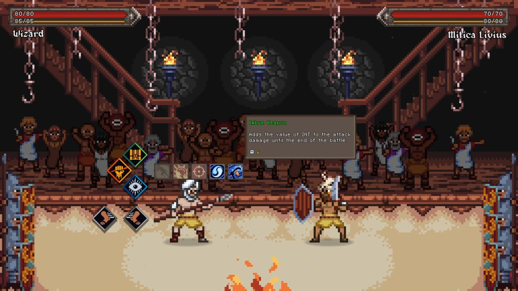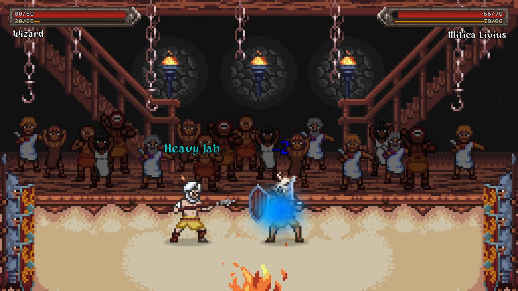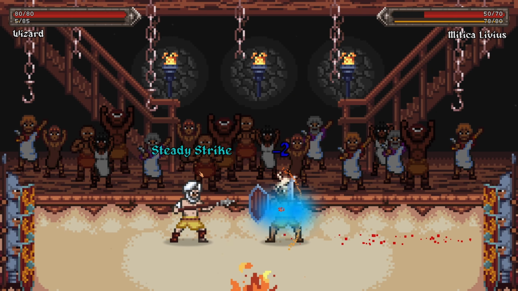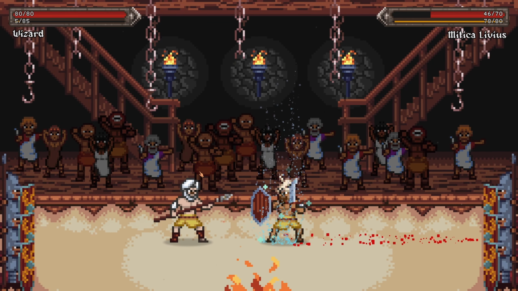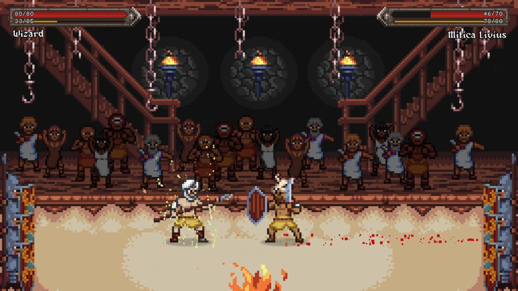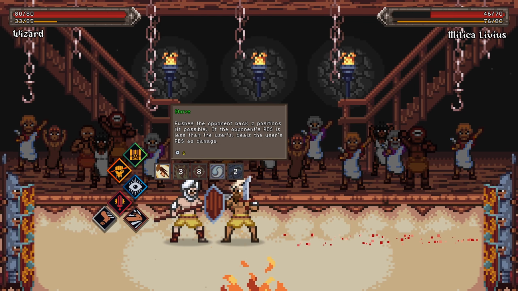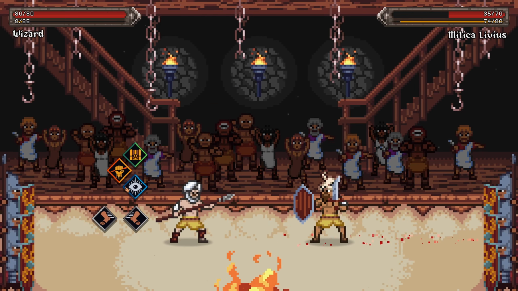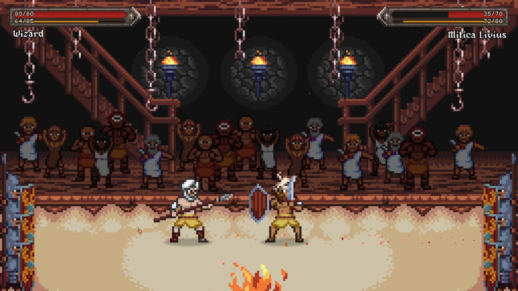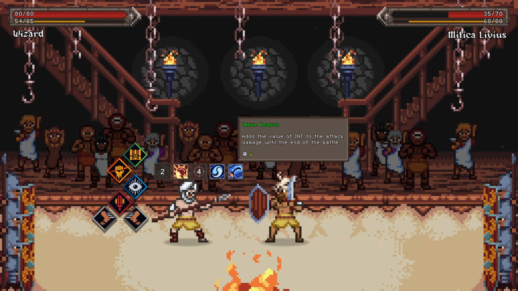So we're going to do imbue the weapon, and then follow up with the normal heavy jab for the stun. Steady strike. Mantra healed him up pretty decently. Gotta hit that rest. Gonna shove him. Get the rest. Give him a kick. And...